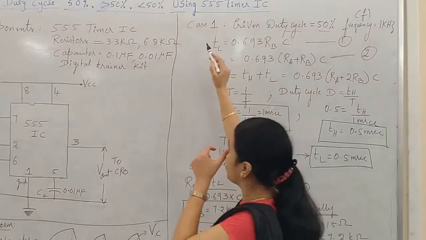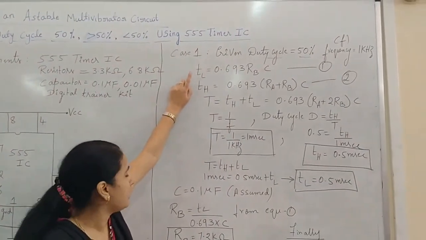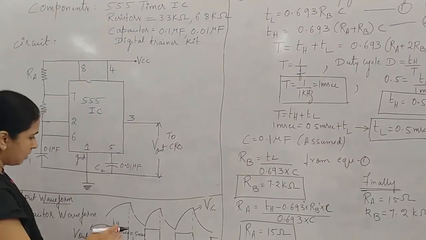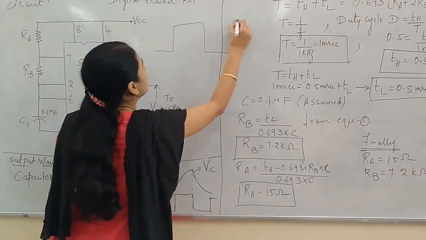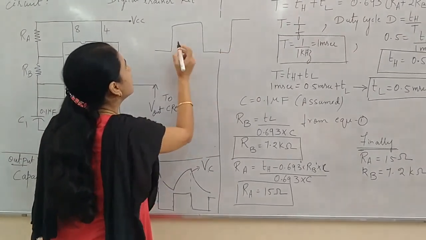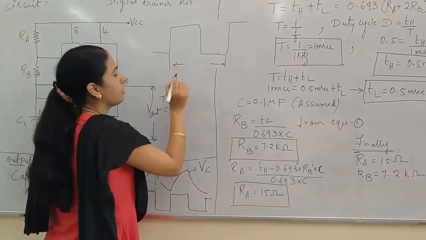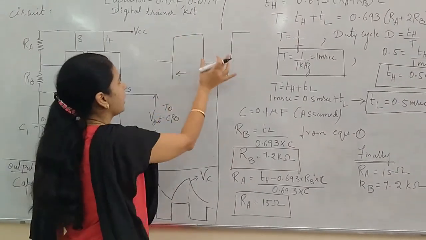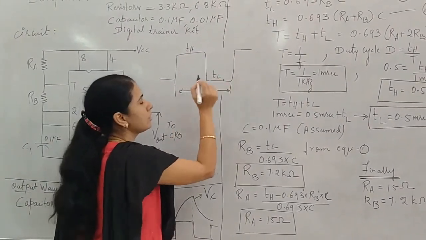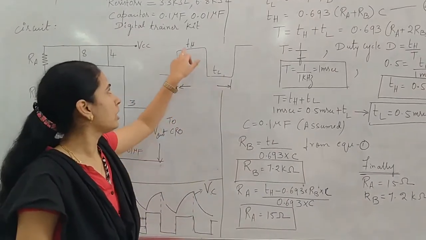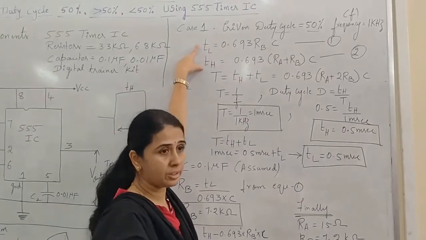And we have a few formulas for an astable multivibrator. This is the formula TL. What do you mean by TL is, suppose if I have a waveform, suppose if this is a waveform, this full is a waveform. In a waveform we have two states, that is a high state and low state. High state is mentioned as TH and low state is mentioned as TL. TL is nothing but low state and TH is nothing but high state. That is, these are the two formulas of an astable multivibrator.